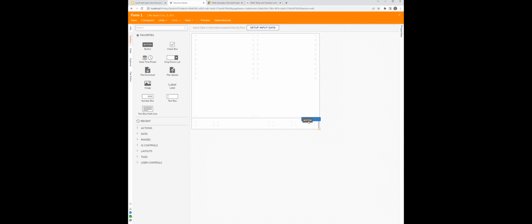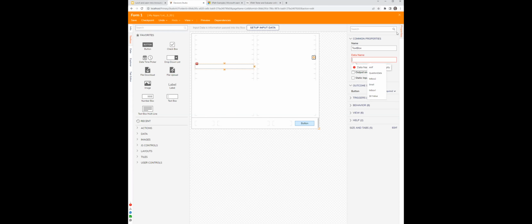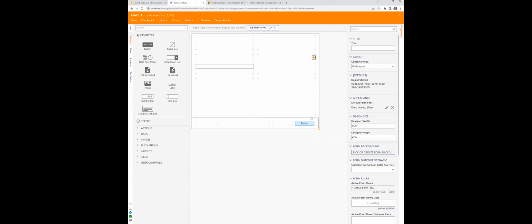And we'll put a text box called ASDF here. Go to active form flows. And then if you look at our form rules here,